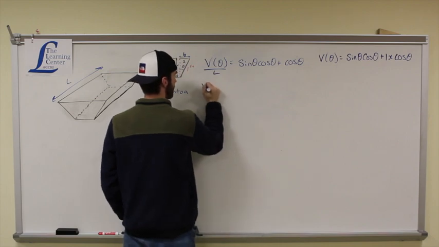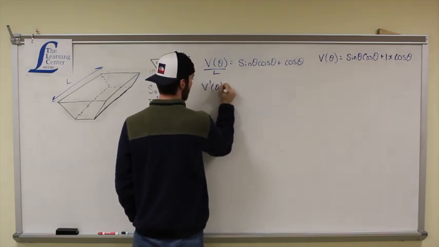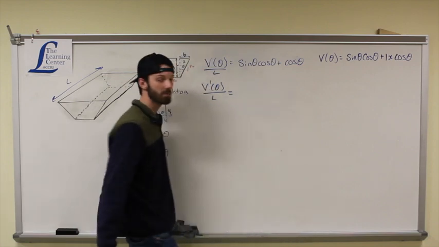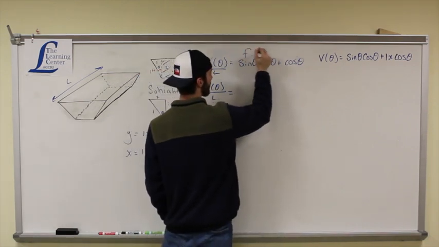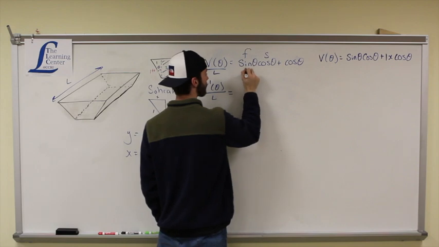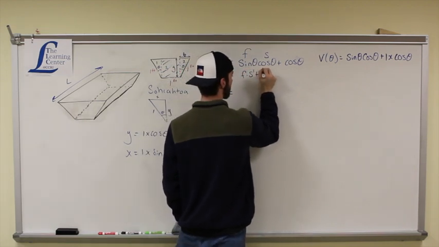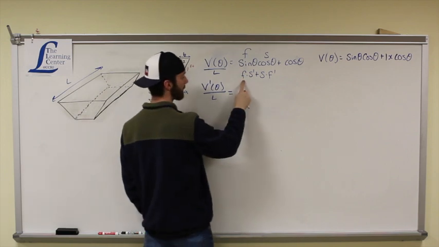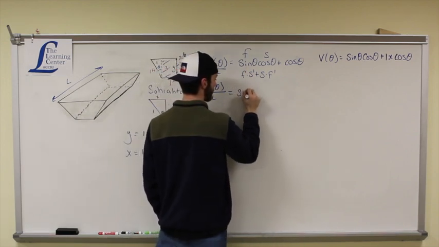Take the derivative. V prime theta divided by L is going to equal, we have a product of two things. We're going to use the product rule, which, if this is the first and that's the second term, we know the product rule is first times derivative of the second plus second times derivative of the first. So plugging things in, the first term, sine theta,